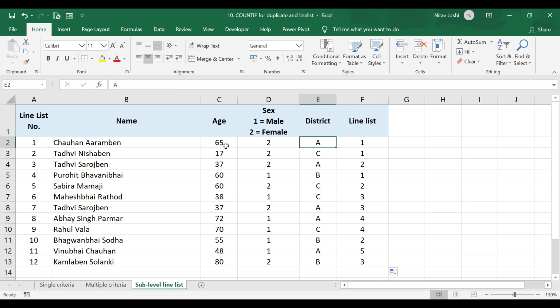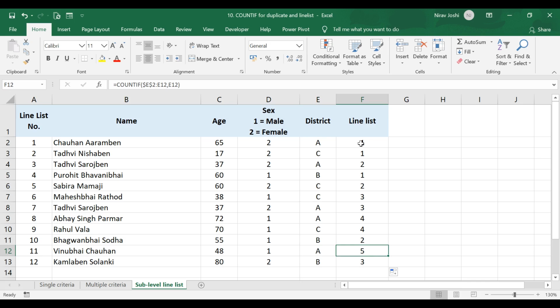The first name in the district A has been given number 1 because it's the first count. Second case would be given 2 because it is the next one. Similarly, if you go downwards, it will increase the count based on that range and criteria. So indirectly it is preparing district level line list.